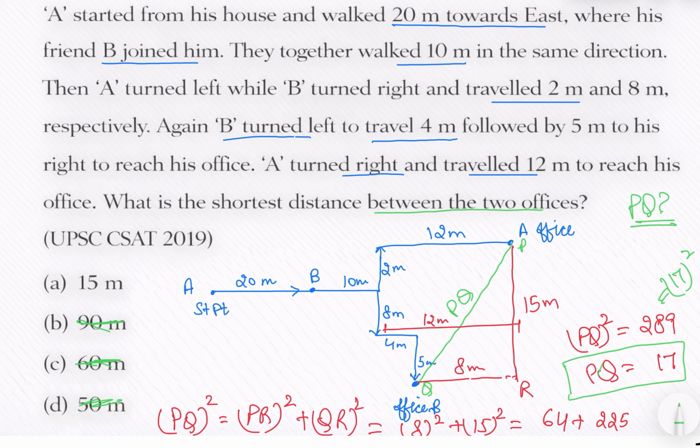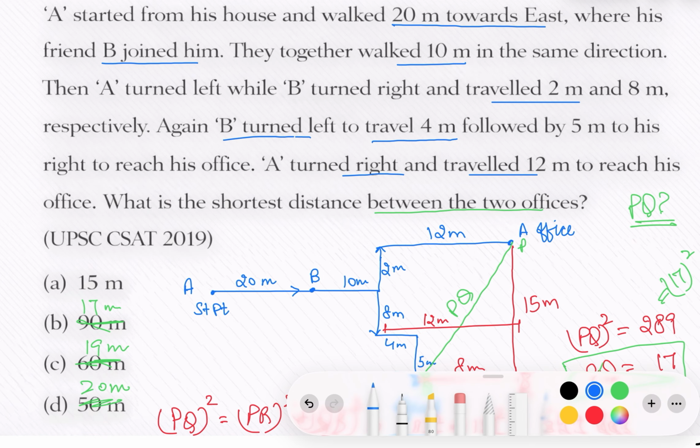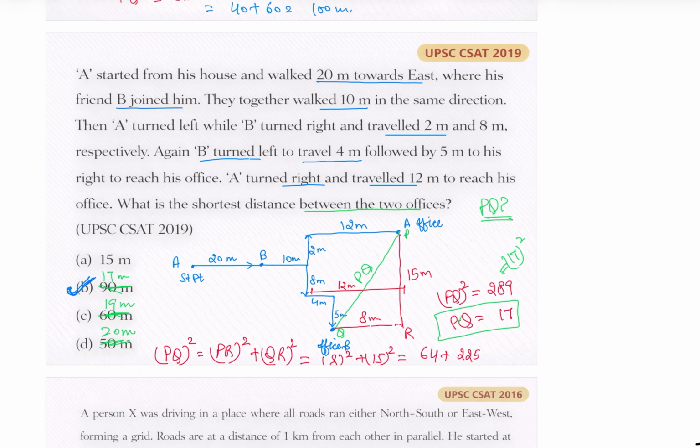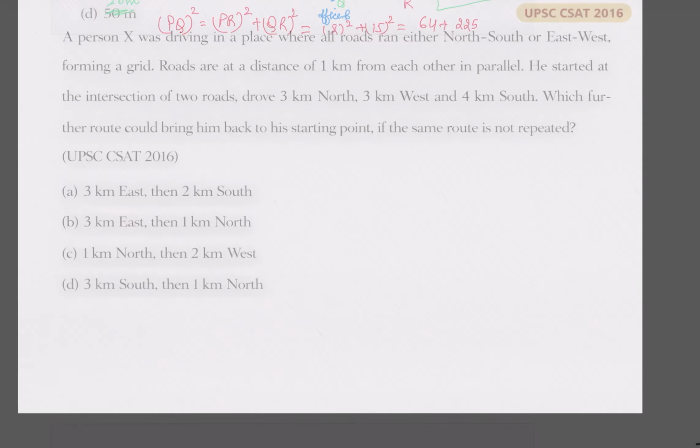Options are given here: first option we have 15, then 17 meters, 19 meters and 20 meters. Option B is correct, 17 meters. Next question we have is,